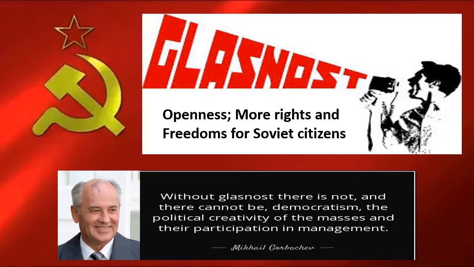The term glasnost means openness. Its goals were to include more people in the political process through freedom of expression. This led to decreased media censorship, allowing writers and journalists to write about and report on the reality of the Soviet experience, instead of just parroting Soviet state propaganda. Glasnost also permitted criticism of government officials, encouraging more social freedoms like those that Western societies already had. Gorbachev believed that these freedoms would result in a lessening of tensions for Soviet civilians.